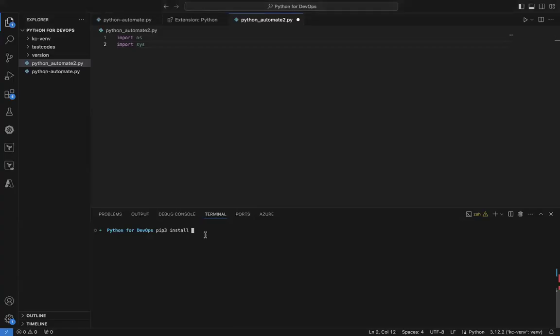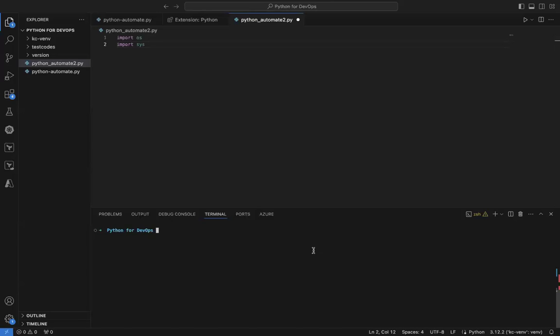So you do pip3, because pip is your Python package manager. You do pip3 install virtualenv, and that installs your virtual environment tool for you. When you have that installed, you can now create a virtual environment by running that virtualenv module that has been downloaded. So you do python3